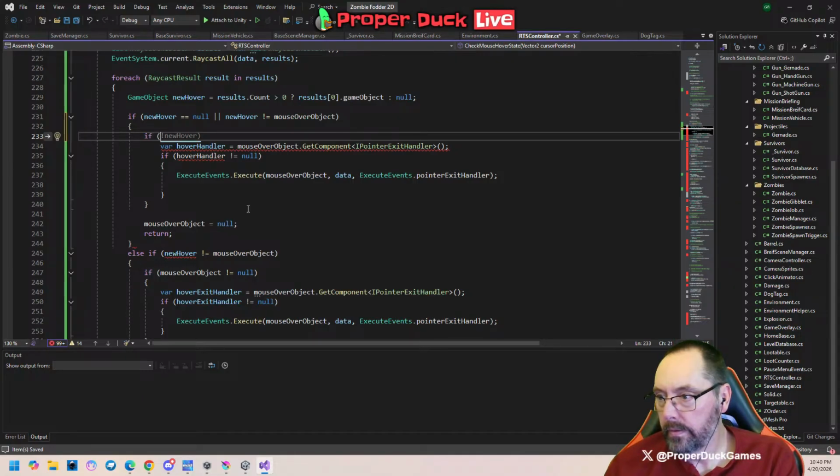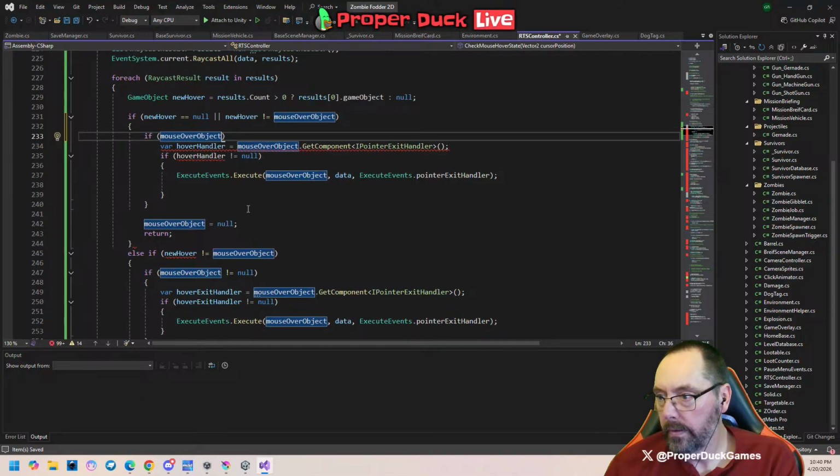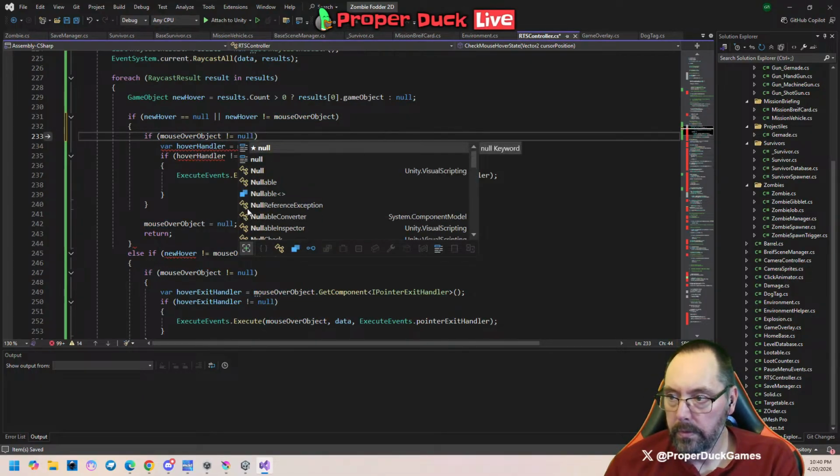If mouse over object doesn't equal null,